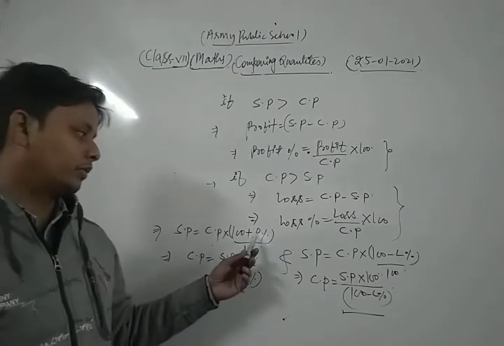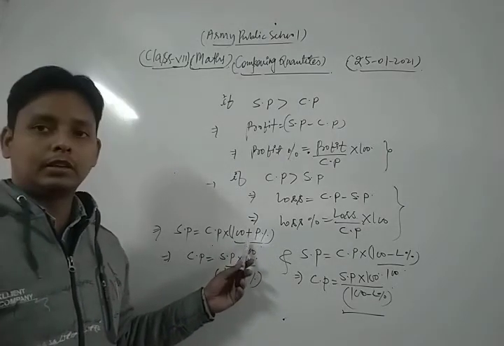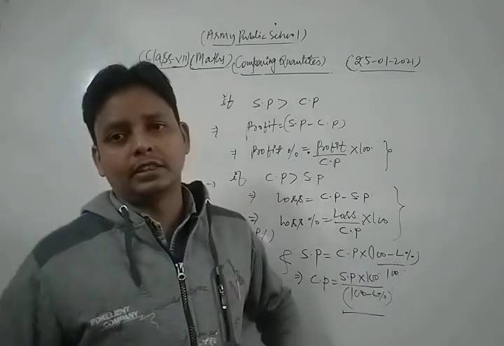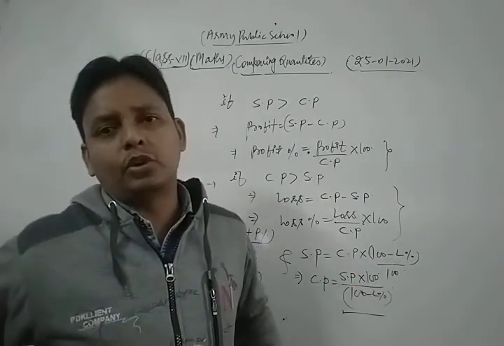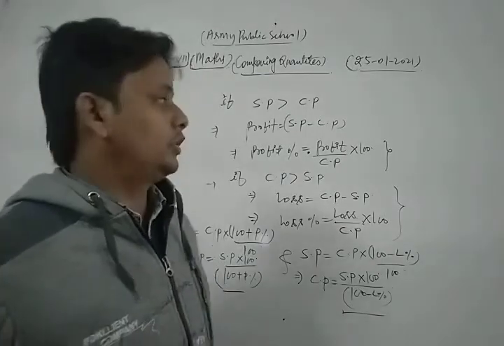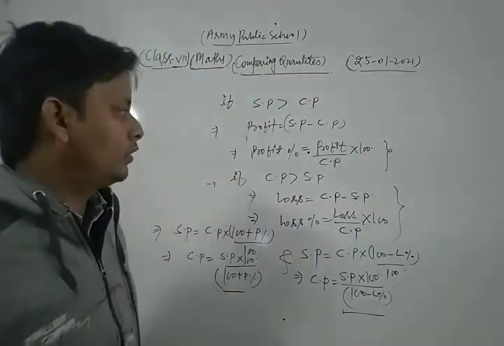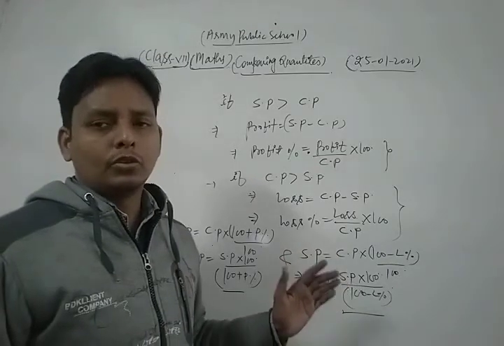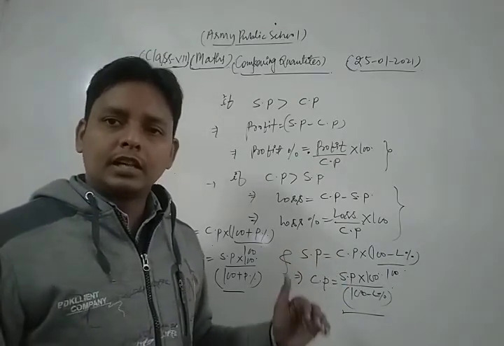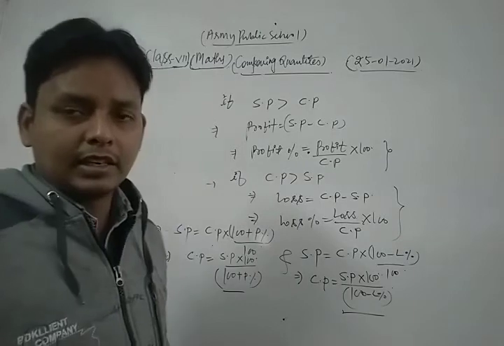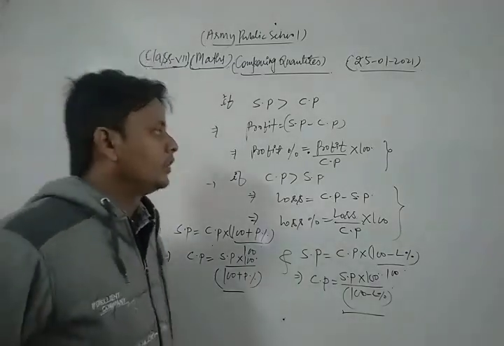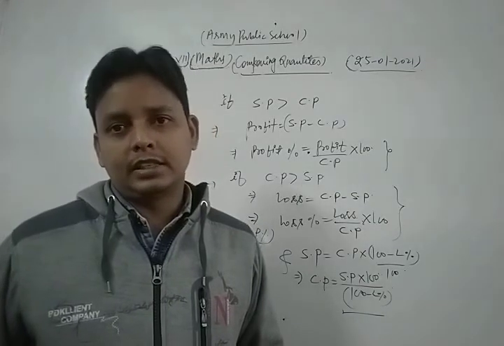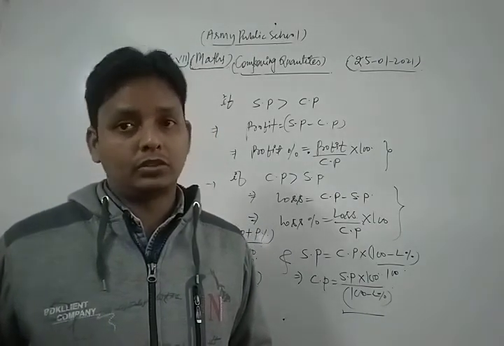In the case of profit percent, we put the plus sign. In the case of loss percent, we put the minus sign. So these are the very important and common formulas related to that topic. Dear students, first of all, learn each and every formula related to profit and loss, and revise all the important questions which we discussed in this class. After that, you can solve each and every question of your NCERT exercise based on that topic.